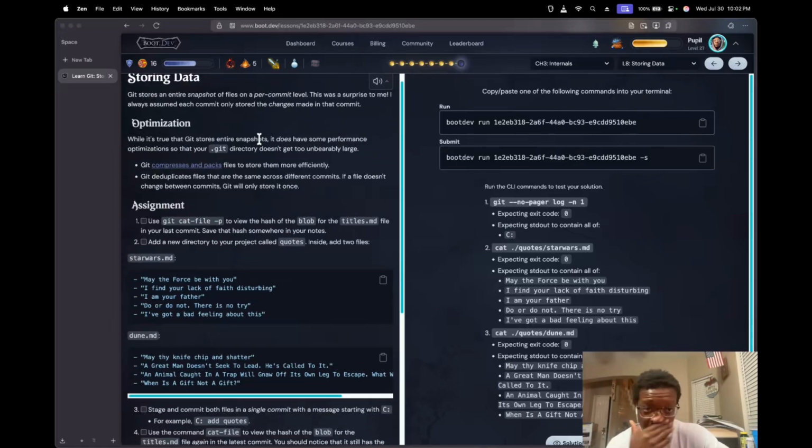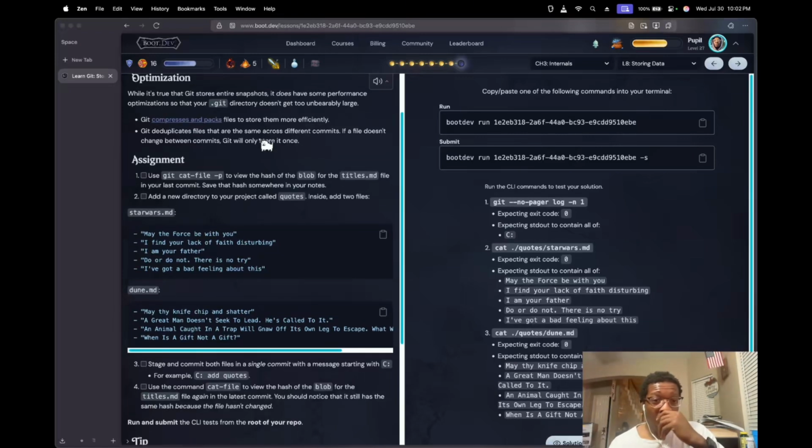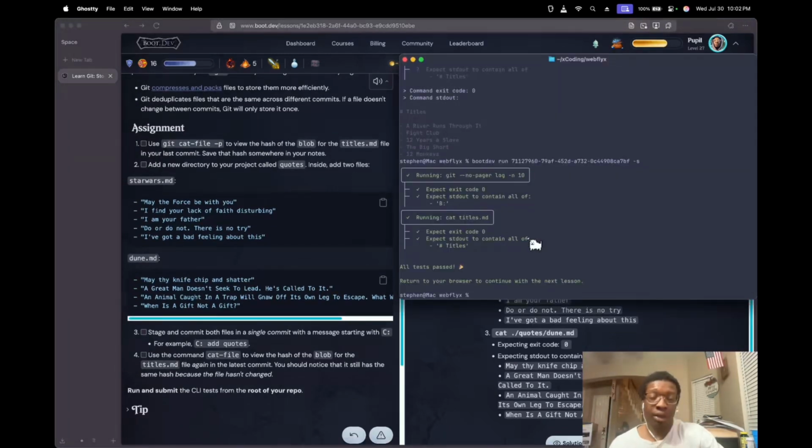Git stores the entire snapshot of the file per commit. Surprised me. I always thought a commit only stores the changes. Okay. Sure, Git stores the entire snapshot as a performance optimization. Git stores a file only once. Duplicate files that are the same across commits, and files that don't change between commits, get one reference. Can you view the